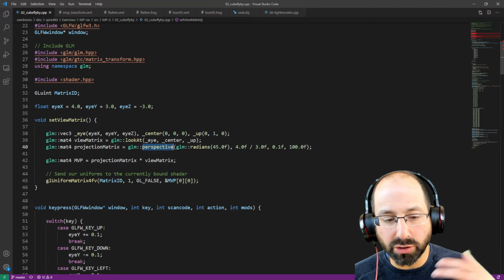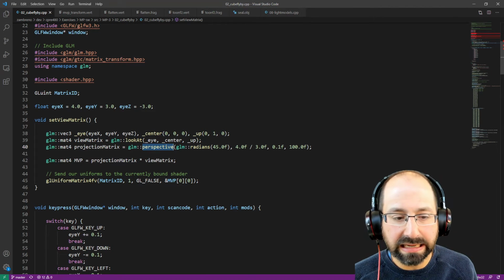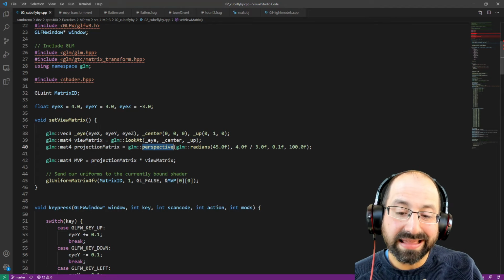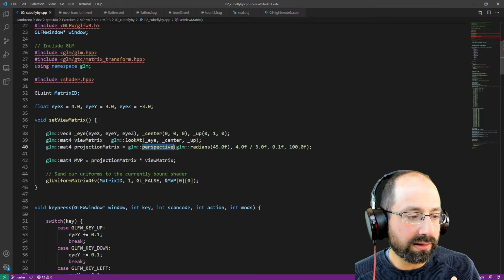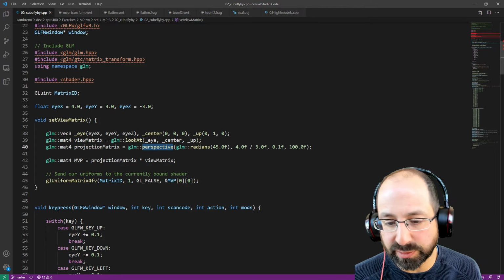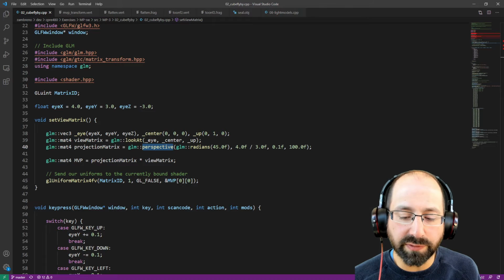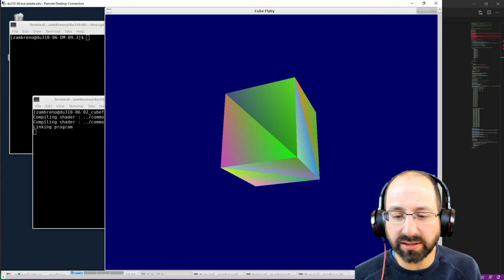That gets applied to our normals. That gets applied to our texture coordinates. That, at least in theory, unless you tell the rasterizer otherwise, gets calculated for every attribute we specify for our incoming vertices. And so because of that, even though I think it'll still look pretty good, because this is